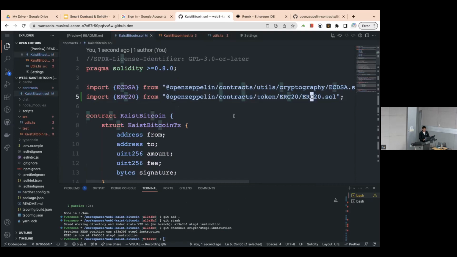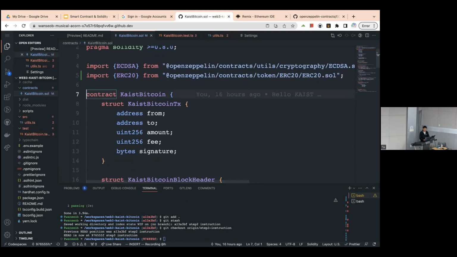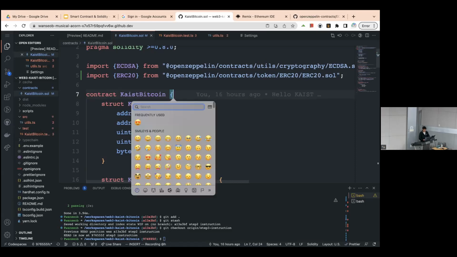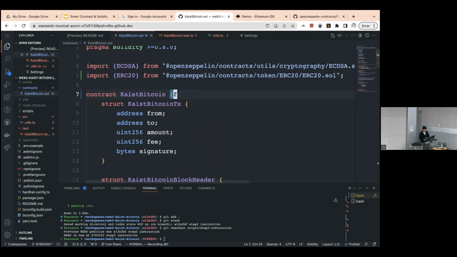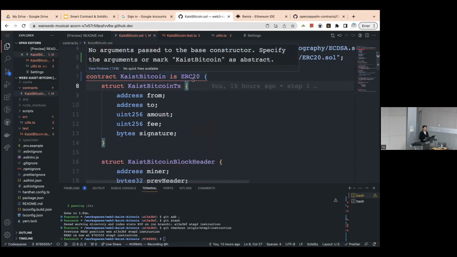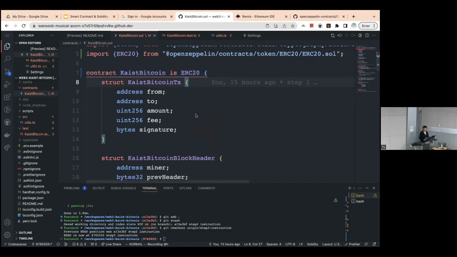And we're gonna extend this ERC20 contract for our Bitcoin implementation. And you can see the compiler is showing a compile error, because